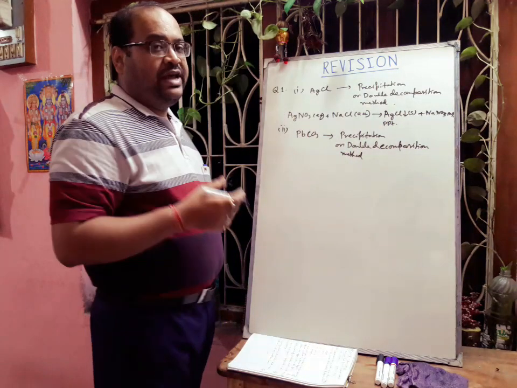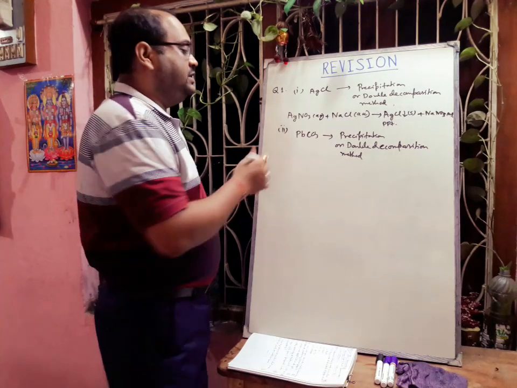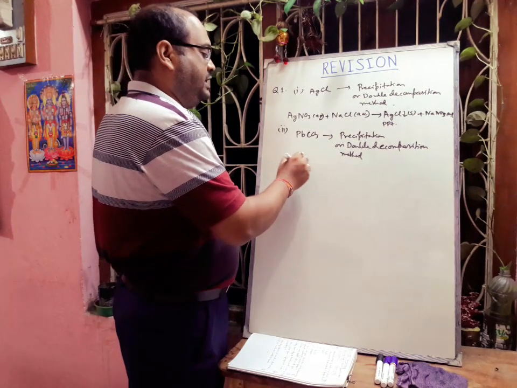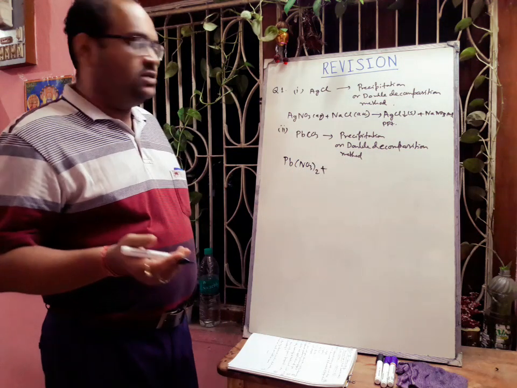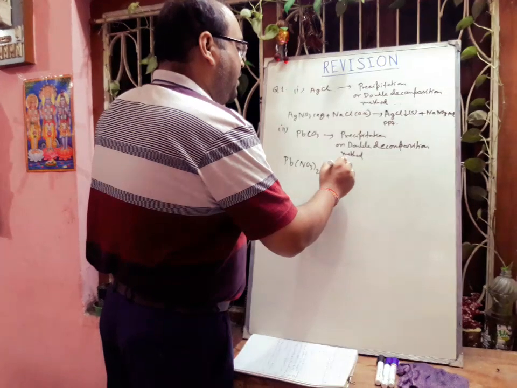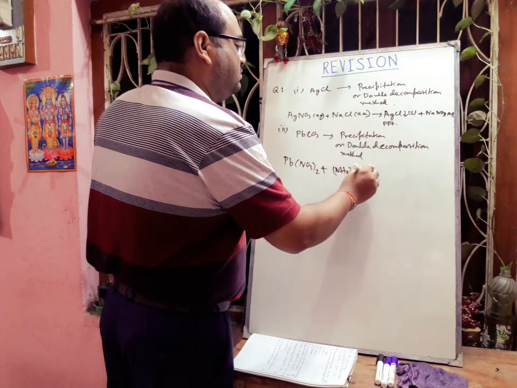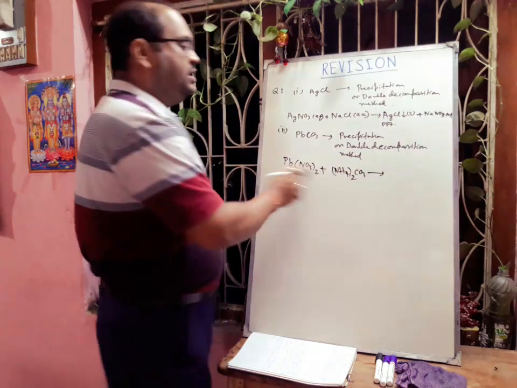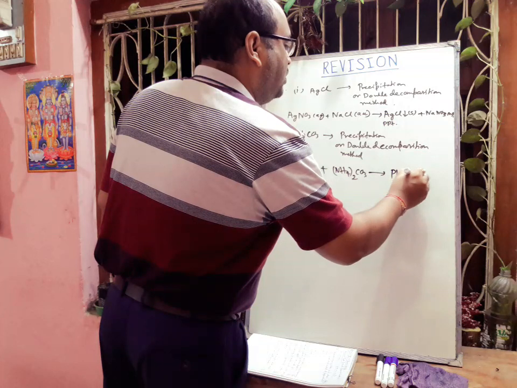First we have to take one water soluble salt of lead, that we are taking lead nitrate. Then we add one water soluble carbonate, we can take ammonium carbonate solution. Then if we add these two solutions, we will get lead carbonate as a chalky white PPT,